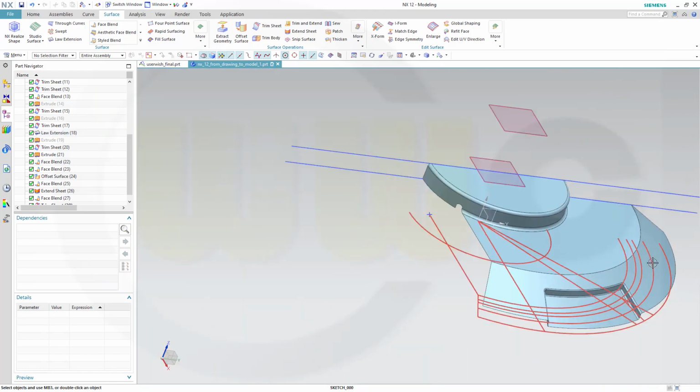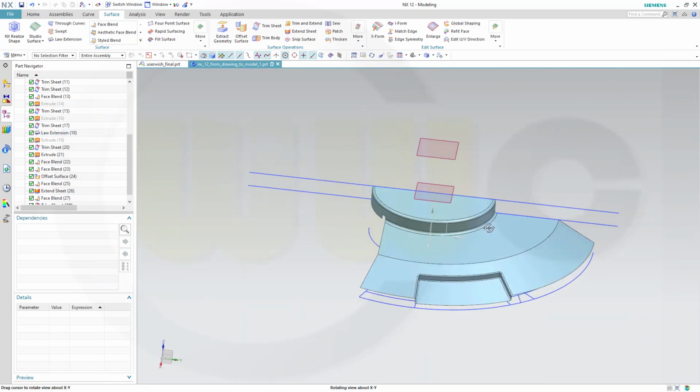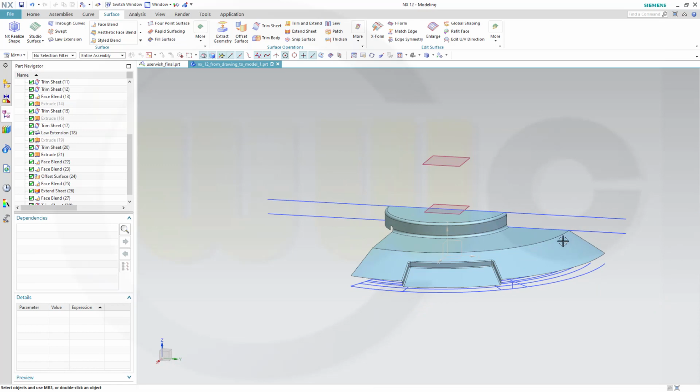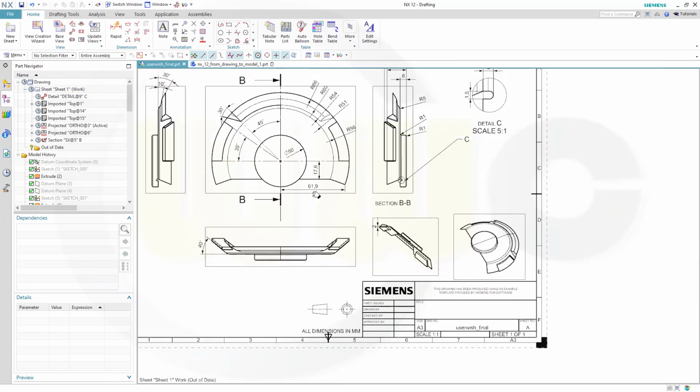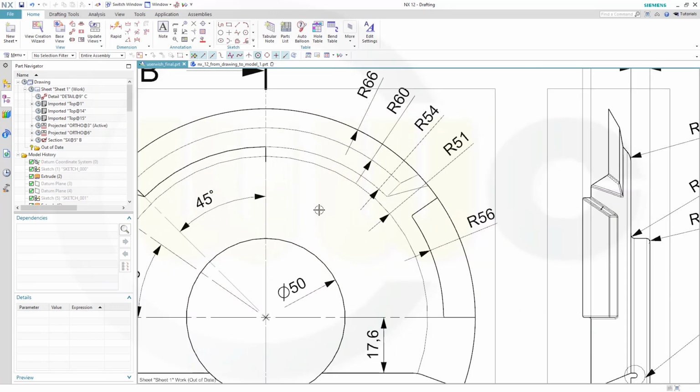Okay, next will be that cutout here. So let's take a look at our drawing. That should be the second arc here. That's the first, that's the circle, inner circle, then this arc, and the second one should it be. Okay,